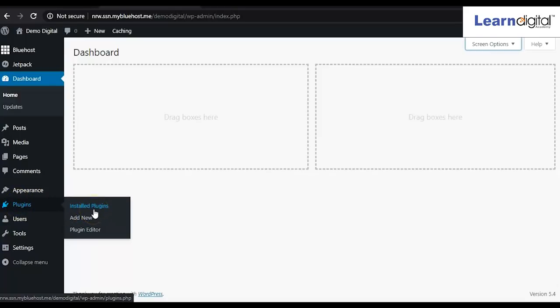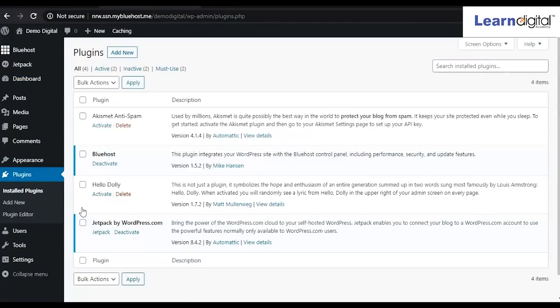Installed plugins means whatever plugins have been installed by default. Whatever plugins have been installed by default, we have to remove those, right? If you want to add new plugins, simply you can go to add new and click on that. But first of all, we'll check the installed plugins. And a plugin is nothing, it's a type of software which increases the functionality of your website, right?